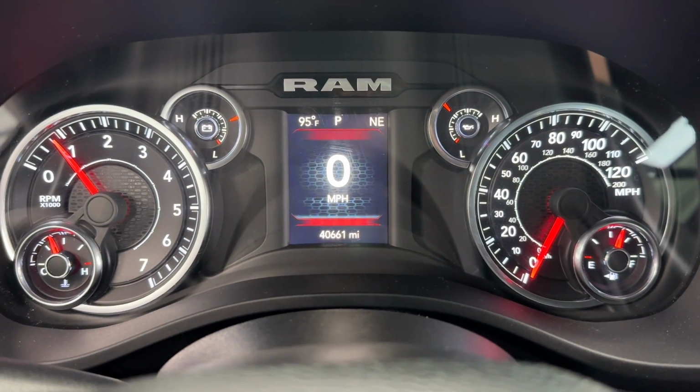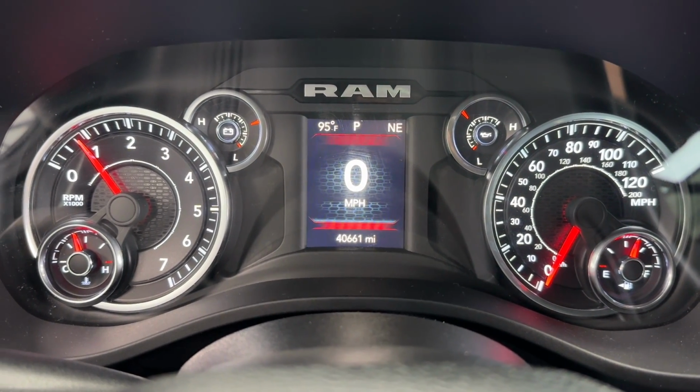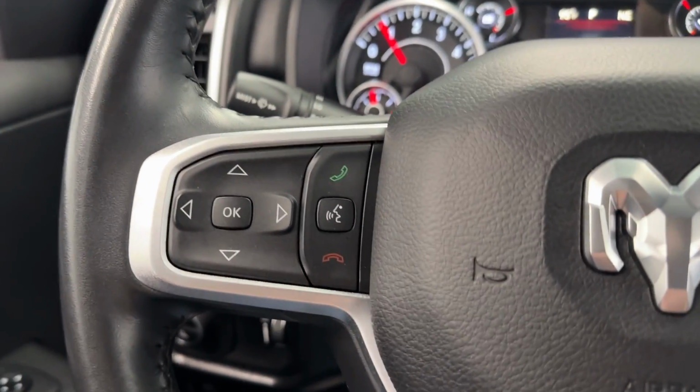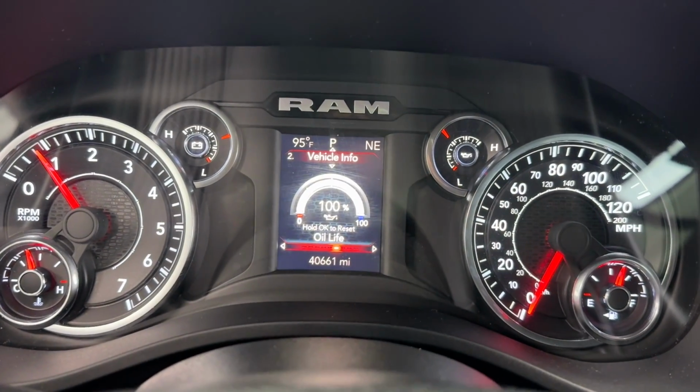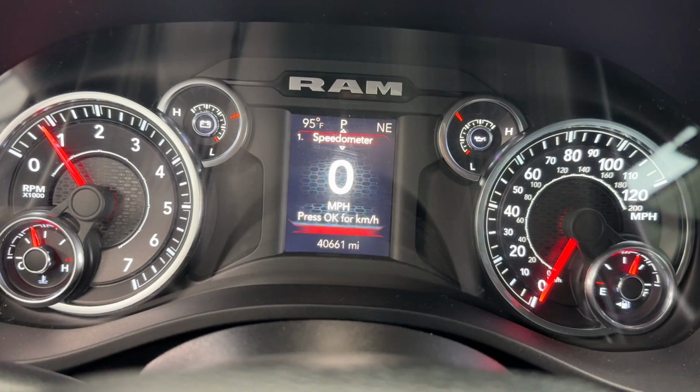And now that the engine is running and the dashboard's lit up, you'll be able to see that this vehicle has about 40,661 miles on it. We'll take our attention over here to the left side of the steering wheel, as over here are your dashboard navigation buttons. So with these, you can cycle through all the different information and services this vehicle provides to you